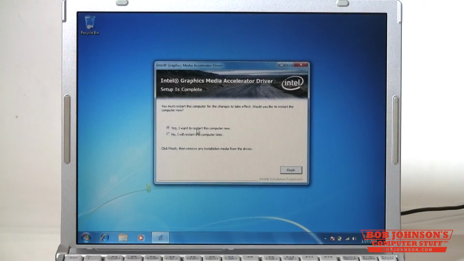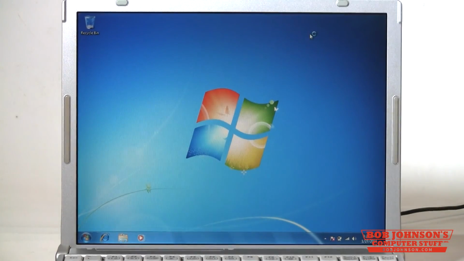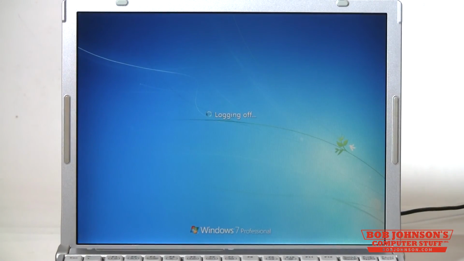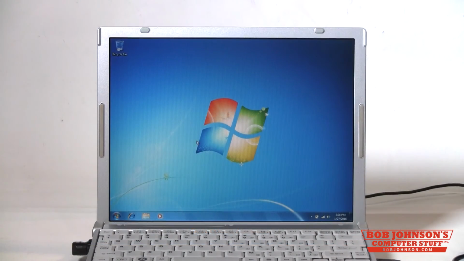It will by default ask you to restart the computer. Go ahead and leave it as yes, I want to restart now, and click Finish. Once the computer restarts, you will be all completed and all done with all the essential bare drivers you need for Windows 7 to run smoothly on the Panasonic CF-W8. That's all for installing the drivers for the CF-W8 with Windows 7 installed.